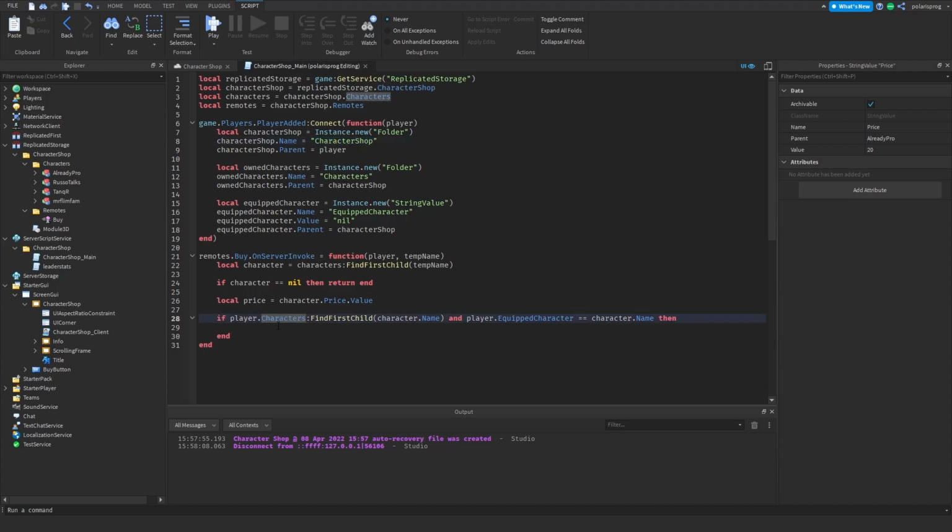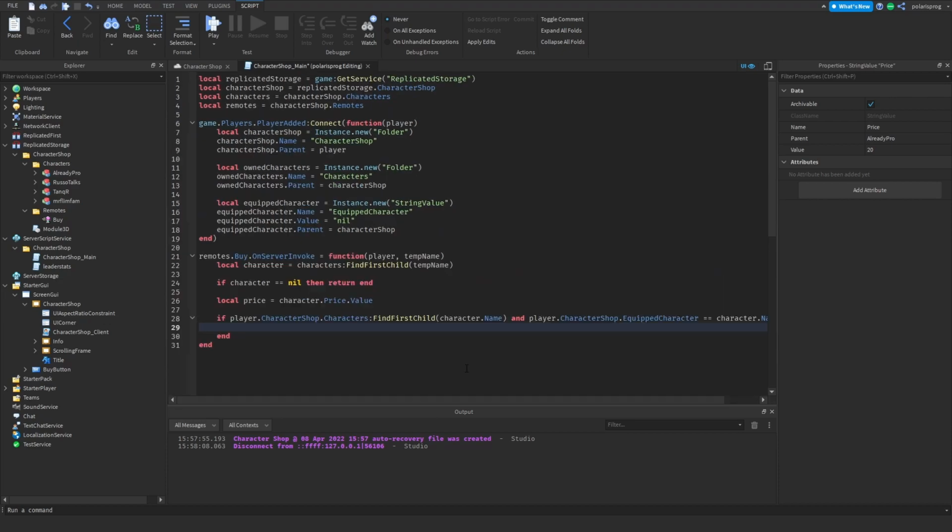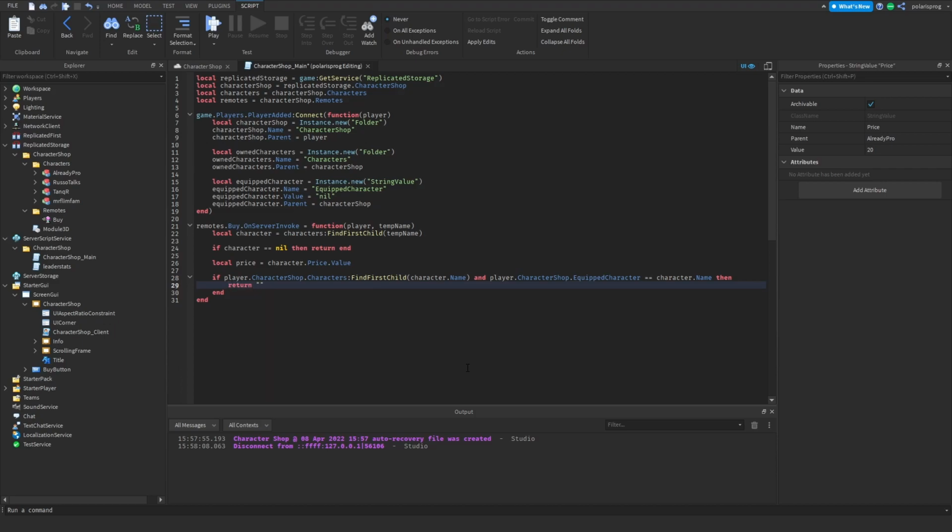So if player.charactershop.characters, and in here if player.charactershop.equipped character is equal to that, then we will return character already equipped,